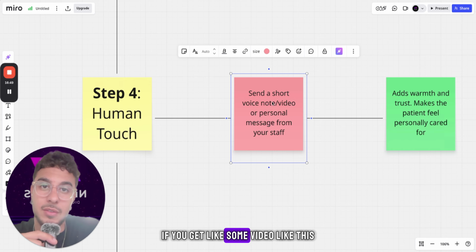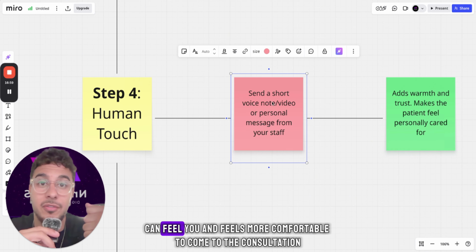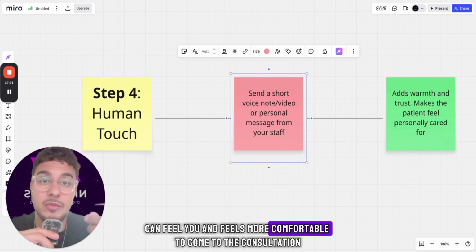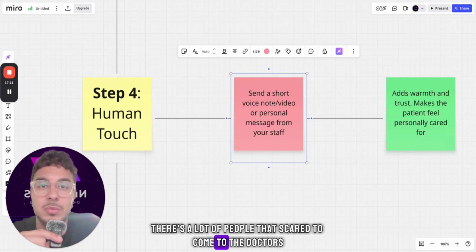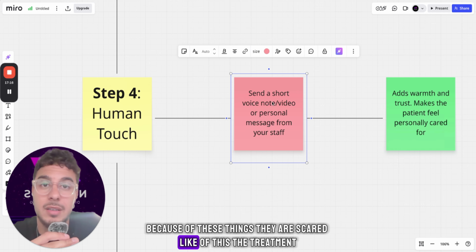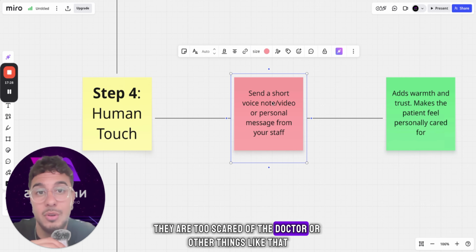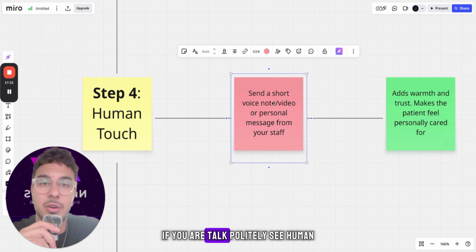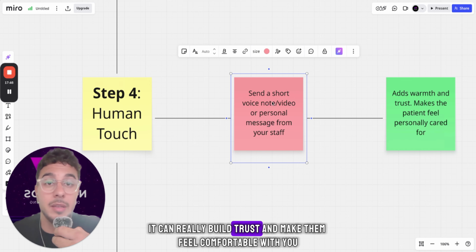If you get a video like this, you build instant trust with them, and the patient can feel you and feel more comfortable coming to the consultation. There's a lot of people that are scared to come to the doctor because of these things. They are scared of the treatment. They are too scared of the doctor or other things like that. If you talk politely, like a human, it can really build trust and make them feel comfortable